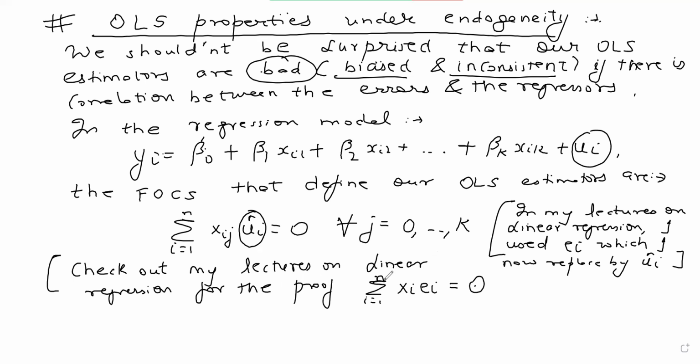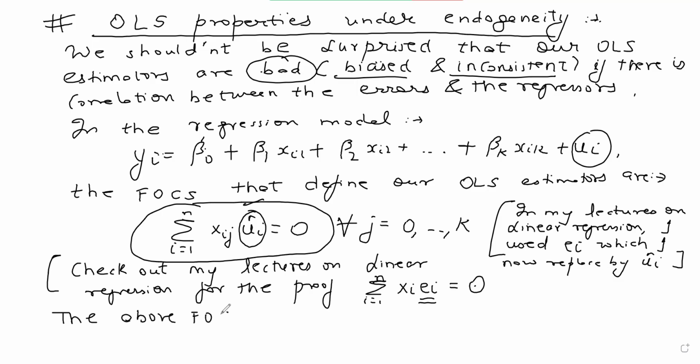I have done this proof. The only difference is in the lecture today, we replace ei with ui hat. That's the only difference. Okay. So when we had said that this is equal to 0, what was the assumption we had made? So I can say that the above first order condition makes sense